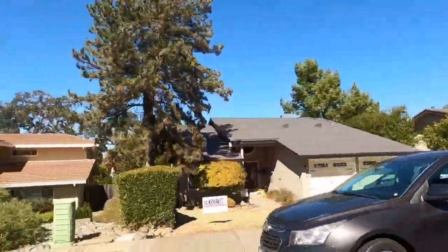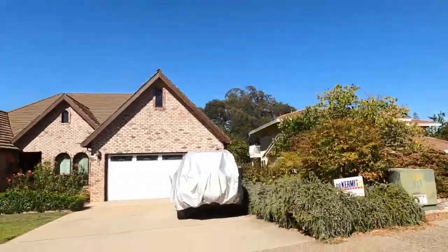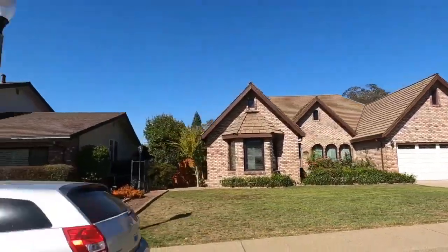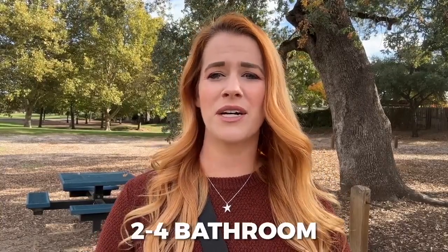You can find traditional ranch style homes, custom homes, a few Mediterranean style homes, as well as traditional homes that were built closer to the early 2000s. Now, homes here range anywhere from a 2-bedroom all the way up to 5-bedroom home with anywhere from 2 to 4 bathrooms. Now, one of my favorite things about this neighborhood is definitely going to be the fact that it's